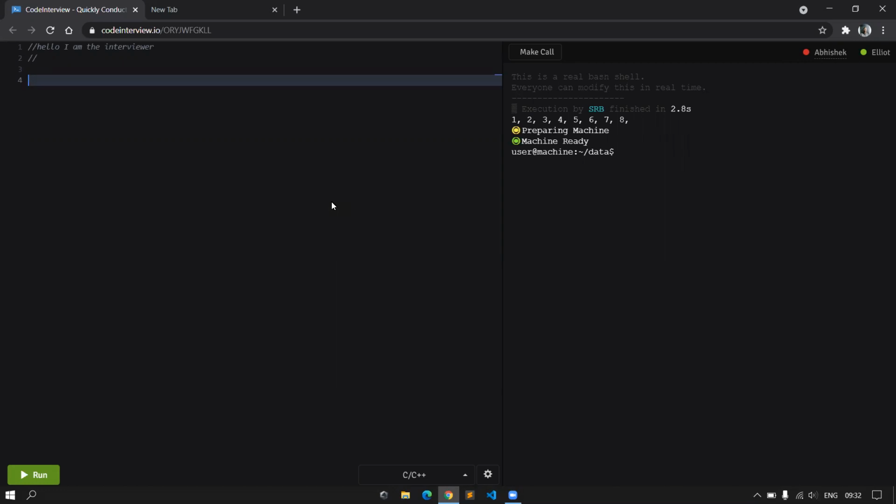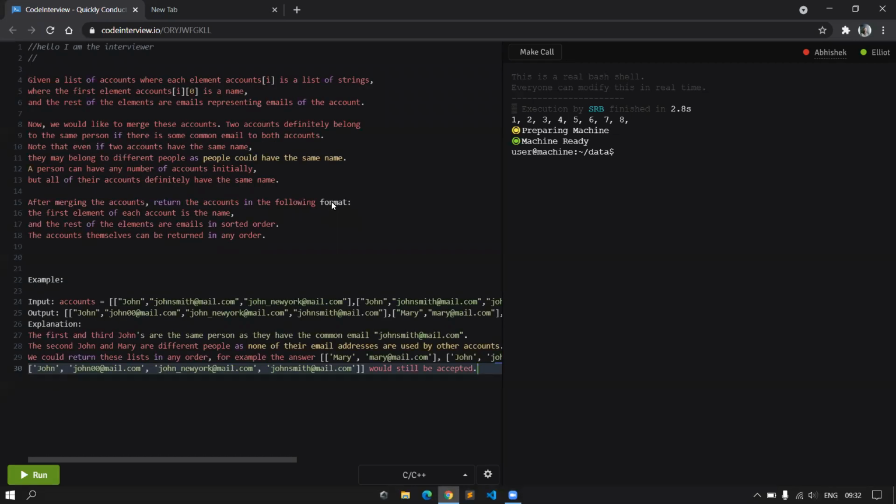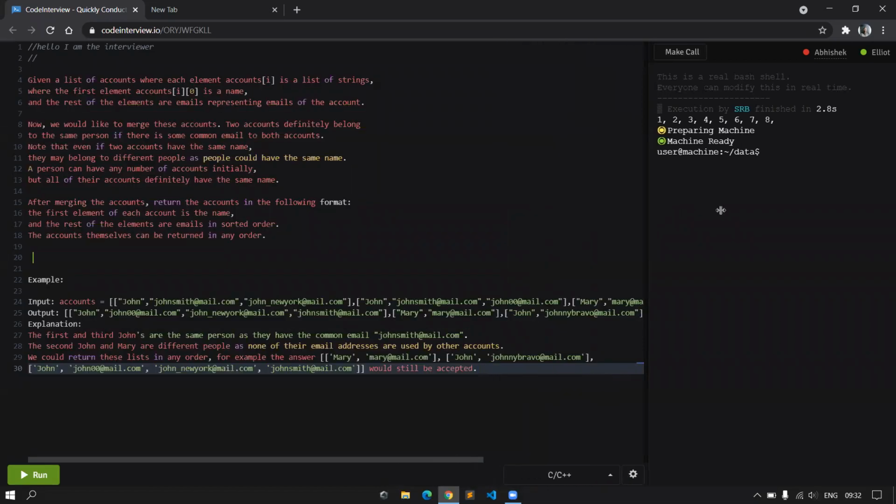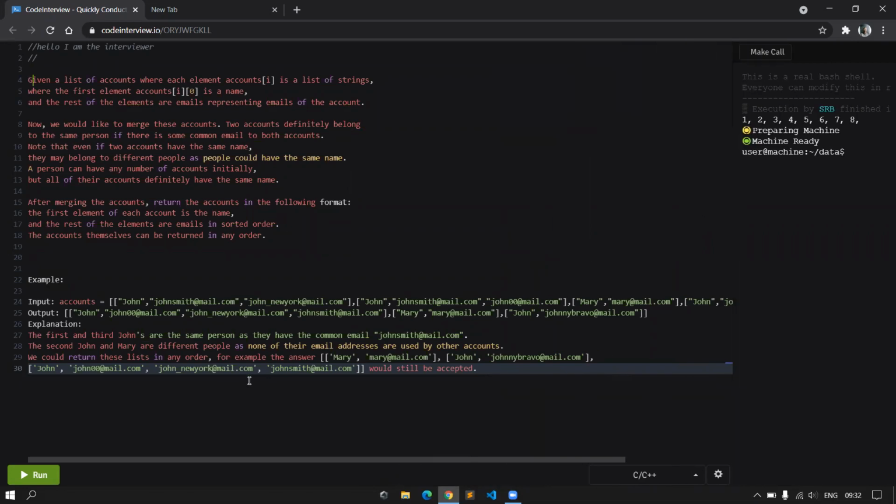I have not used this coding interview platform before. Okay, there we go. Well, let me see if I can comment this out. No, it doesn't look like it supports that. Okay. Anyways, you can start reading it while I turn it into a block comment.